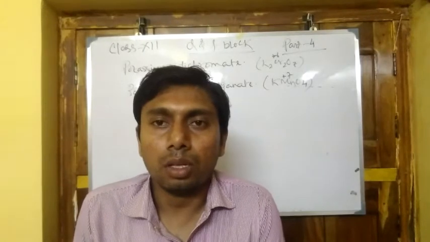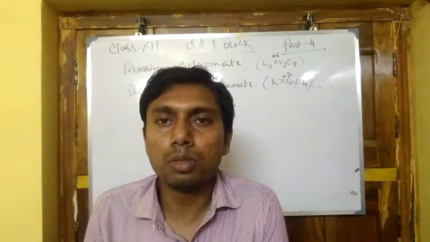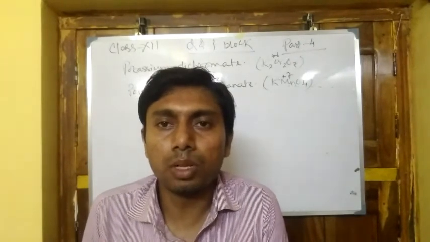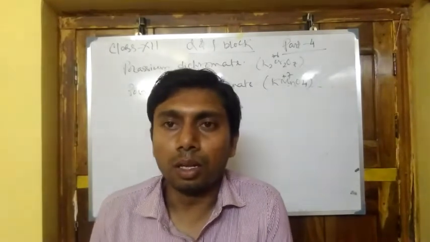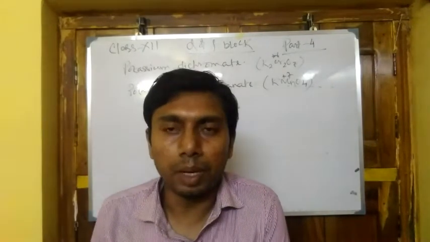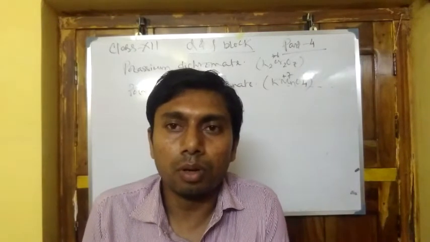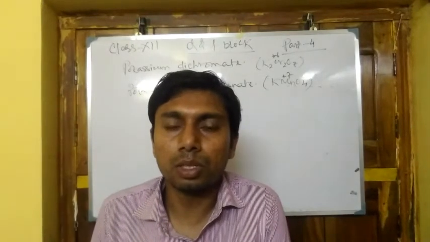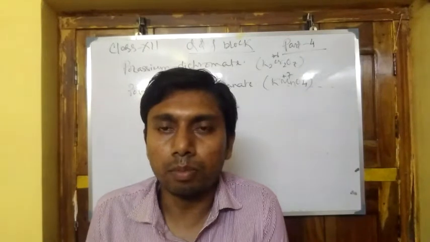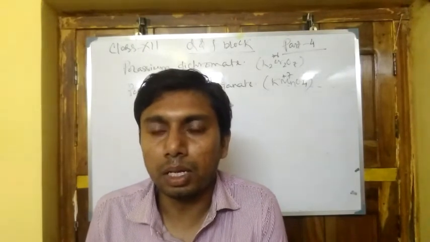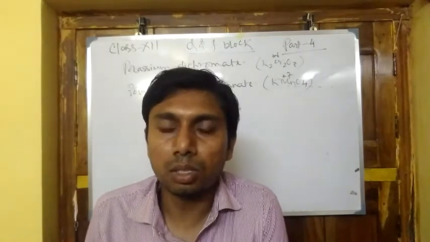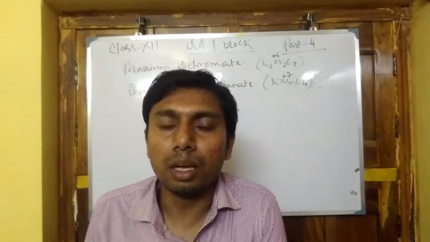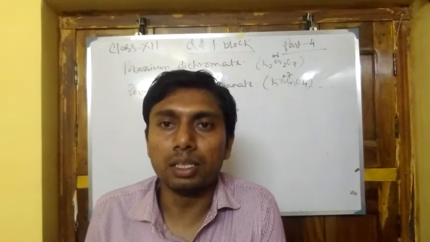Today I will discuss the properties of two compounds formed by transition elements. These two compounds are very important: potassium dichromate and potassium permanganate. The formulas for these compounds are known to everyone. Chromium in potassium dichromate is in the +6 oxidation state, and manganese in permanganate is in the +7 oxidation state. It is the highest oxidation state, and it can decrease, so it will act as a very strong oxidizing agent.